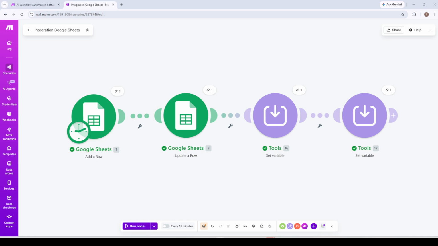In today's video, I'm going to show you exactly how to use the trim function in Make to automatically clean up messy text inside your automation scenarios. Make, formerly known as Integromat, is one of the most powerful no-code automation platforms available, and knowing how to manipulate text properly can be the difference between workflows that run smoothly and ones that quietly break at the worst possible